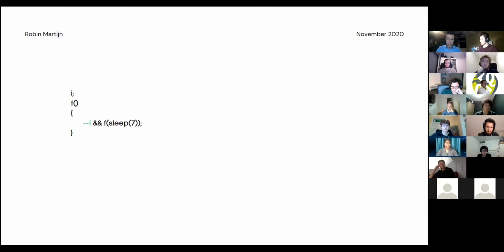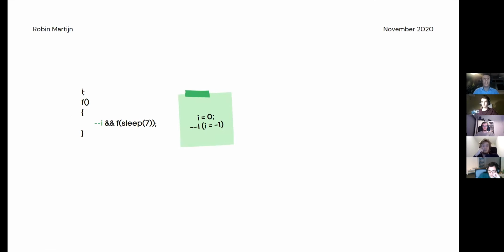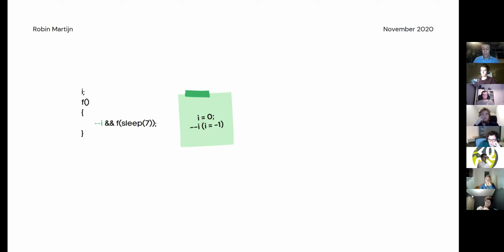If we look at the function itself, we see that the beginning of the function uses -i, which means subtract 1 from I. Let me go to the next slide. Thank you. So we started with I is 0 on the first line, as we explained earlier. And now we make I -1.